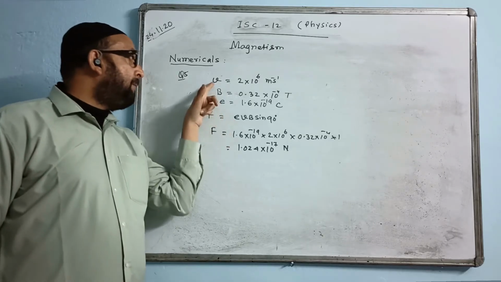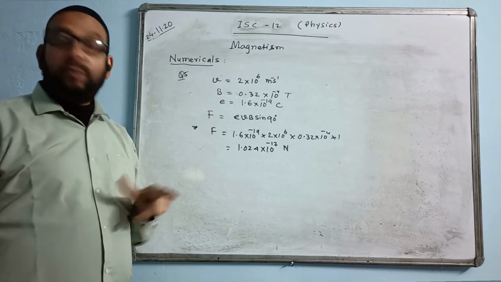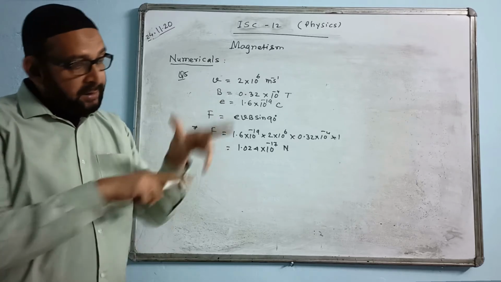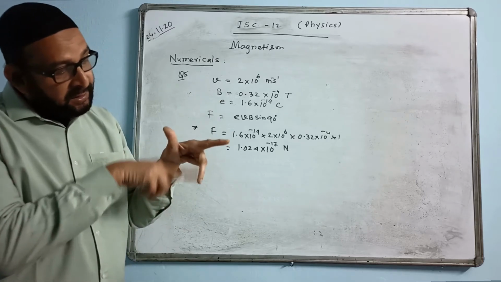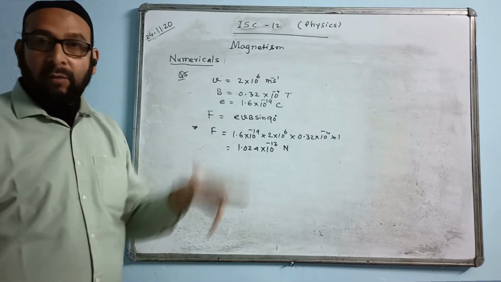The electron is going upward, remember. That means you have to take the current wise: the current direction is downward. Keep the direction of the current downward here. This middle finger, downward.